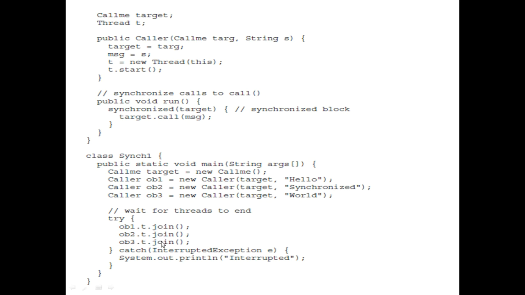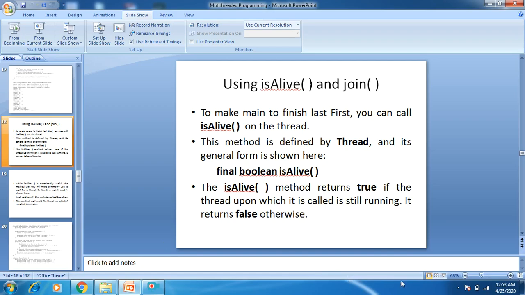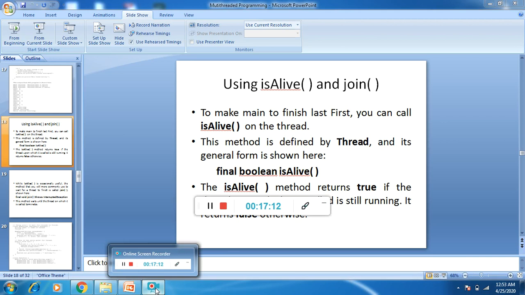So join, already we have seen the usage of join. We have told the main thread to wait until all the three threads complete the task. So this is what exactly the synchronization topic is. So the only thing left is the last part which is called inter-thread communication. Inter-thread communication, in which we are going to see three types of examples. One is the producer consumer problem, the bounded buffer problem, and the reader writer problem, that we'll see in the next class.